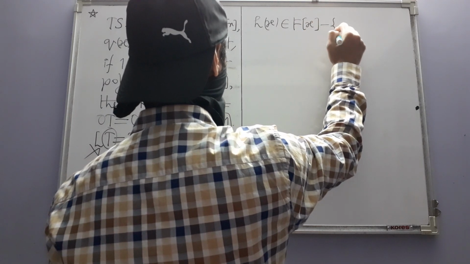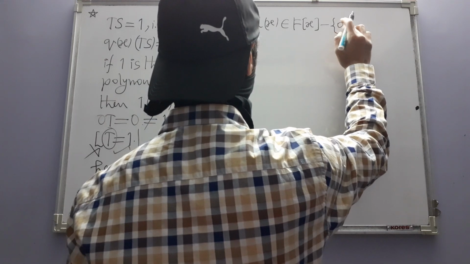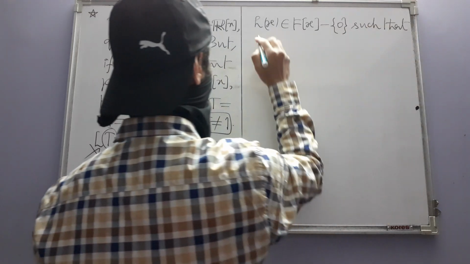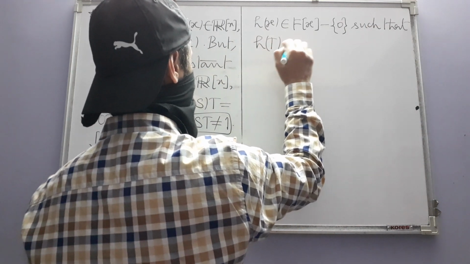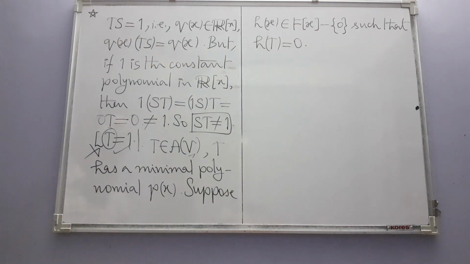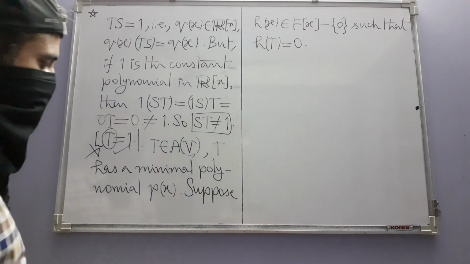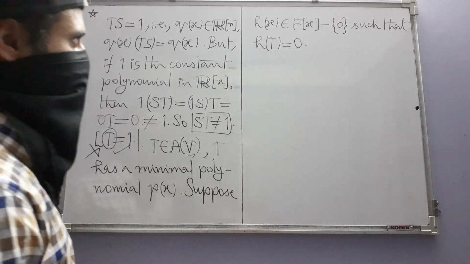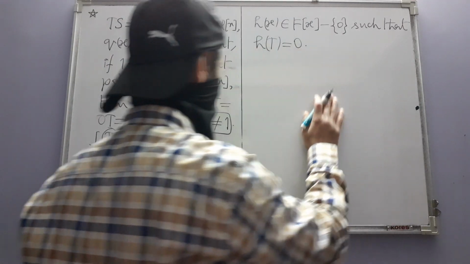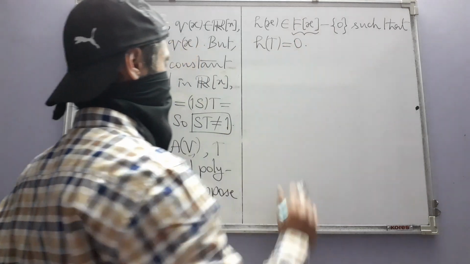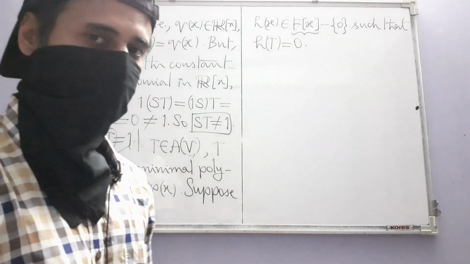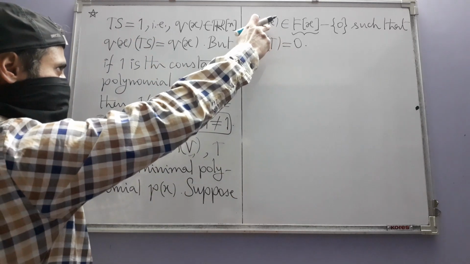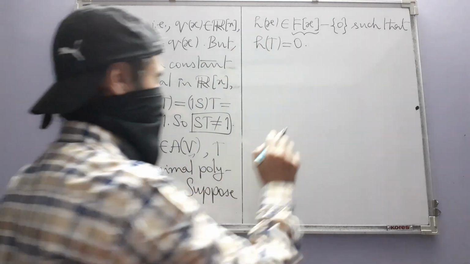And it's also a non-zero polynomial, okay, such that h of T is equal to the zero operator. Then can we say something about the relationship between p(x) and h(x)? Yes, we can. If you recall, we showed that F[x] is a Euclidean ring, that is in which you can divide any element by a non-zero element. You can similarly divide h(x) by p(x) to get a